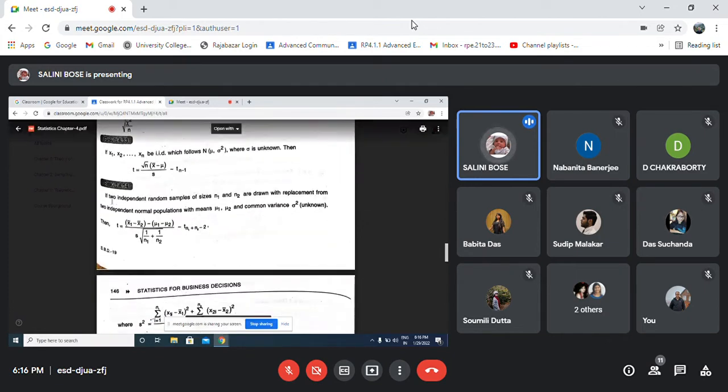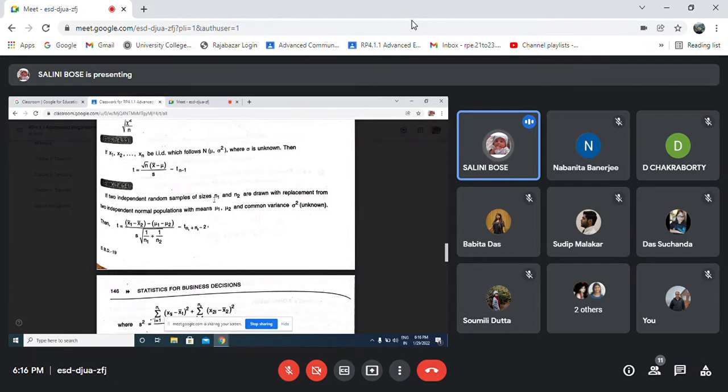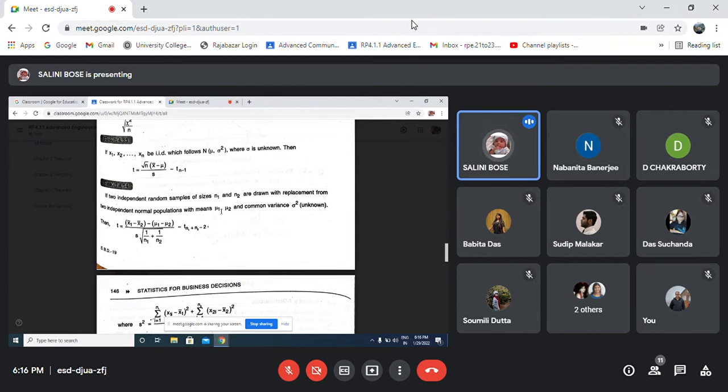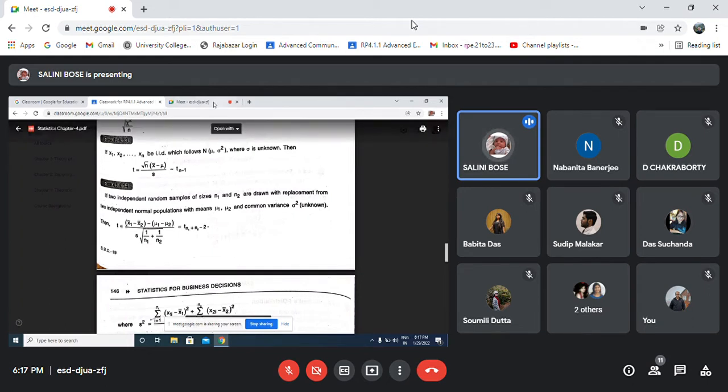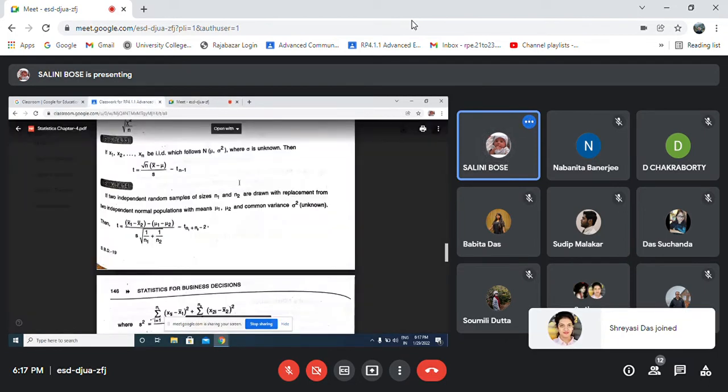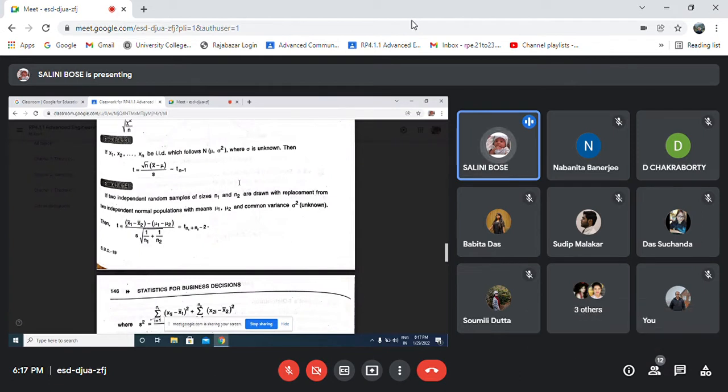Now, if two independent random samples of sizes n1 and n2 are drawn with replacement from two independent normal populations, with means mu1 and mu2 and the variances both a common variance sigma square, there is no sigma 1 and sigma 2, just the common variance sigma square, and sigma square is also unknown, then also you can go for this t distribution in this way, where the